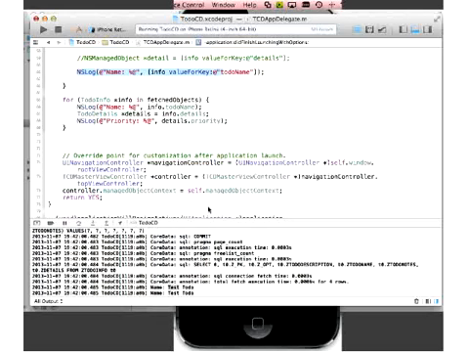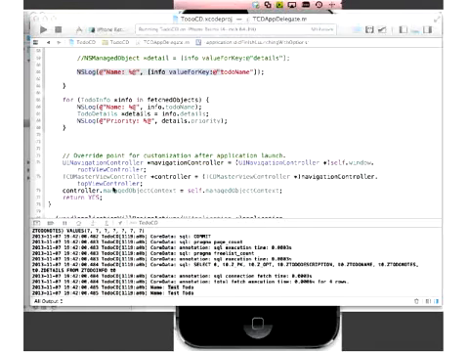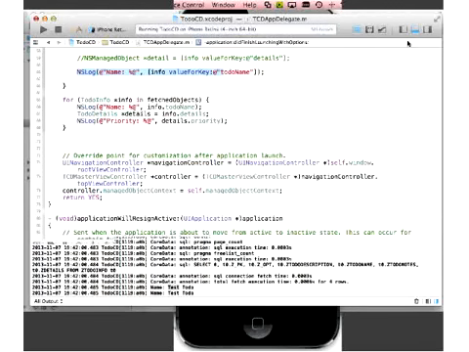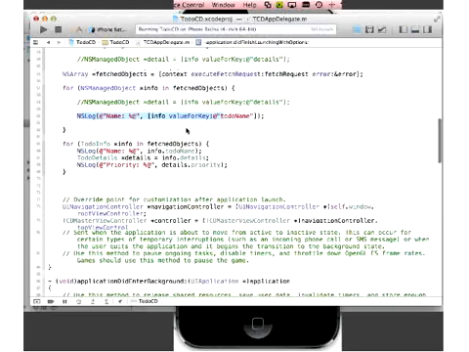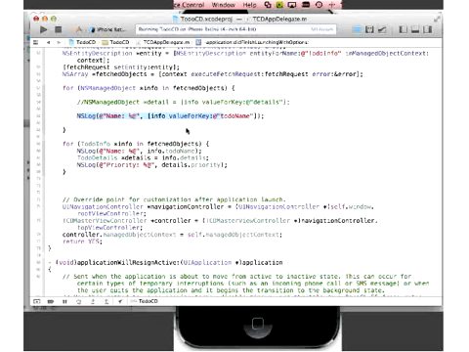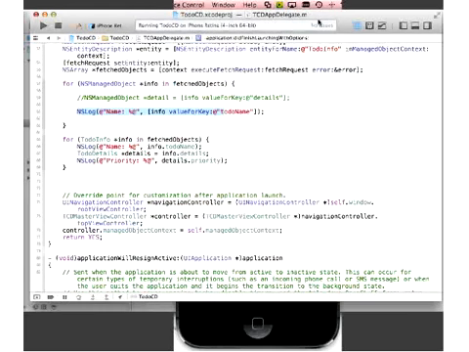The next thing which I would want to show is if you need to preload any data to your application. Let's create